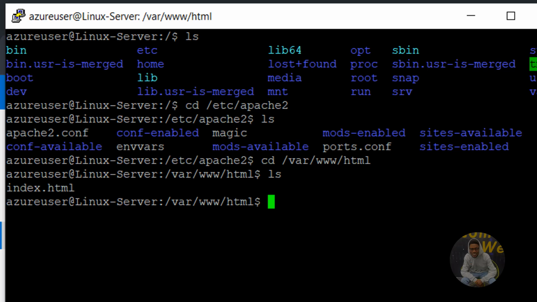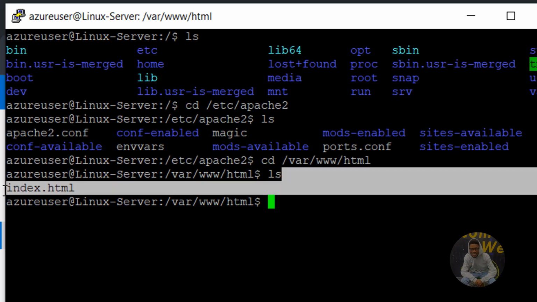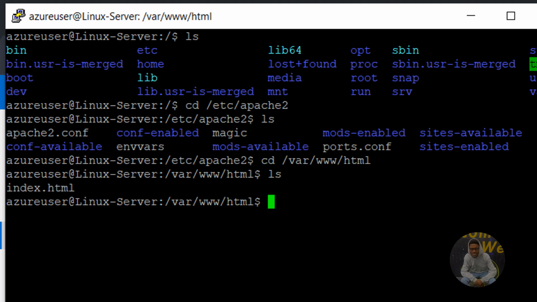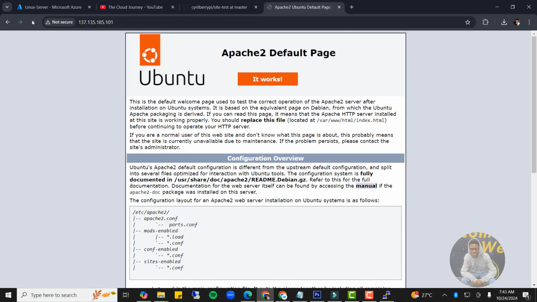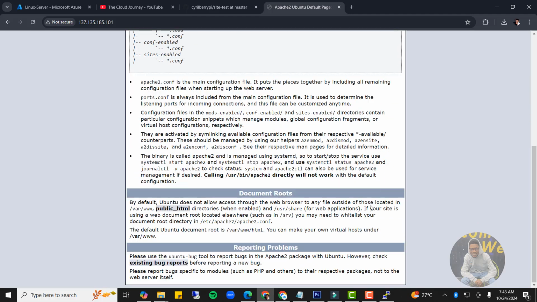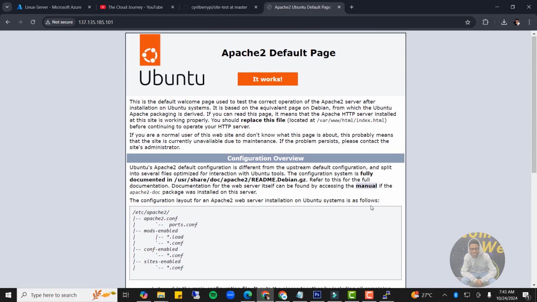Okay, we have the index.html as well available, so it means that our web server is also running fine. Let's confirm this. Let's just refresh this browser to confirm. It's going to take some time to propagate. Okay, voila. So here is the browser page, and it's showing that we already have this as a web server with the Apache logo and